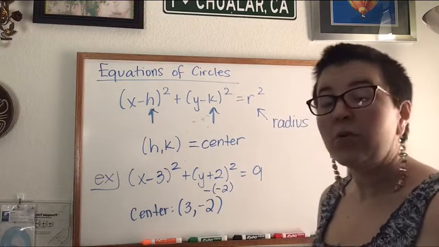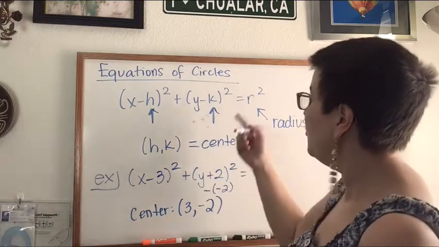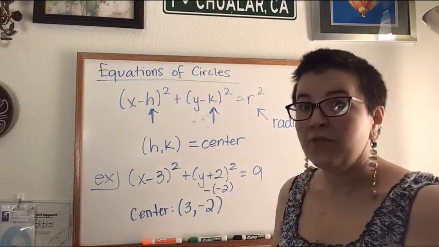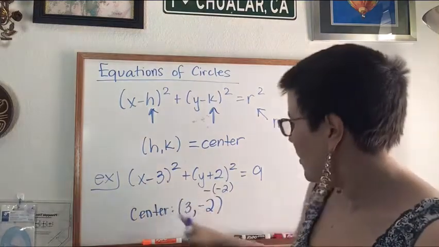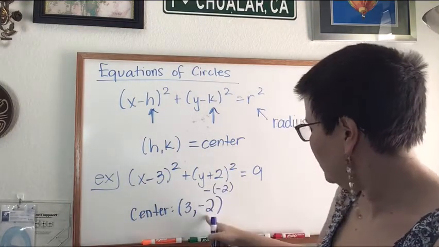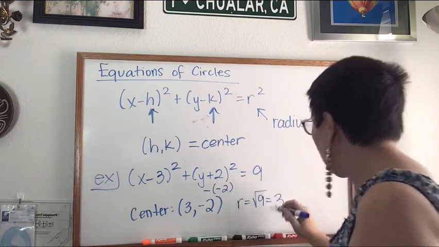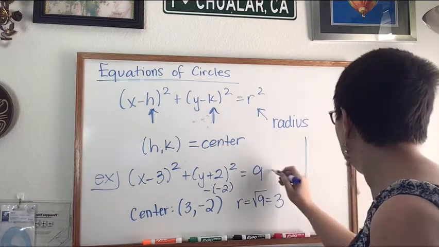I want you to always remember that when it's in this parenthesis with the minus sign, you always take the opposite sign for the center. If it was a negative, it goes positive. If it was a positive, it goes negative. And then our radius will be the square root of 9, which is 3. So now when I graph this,